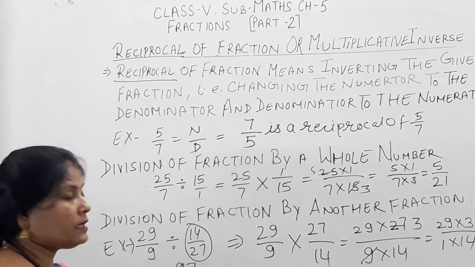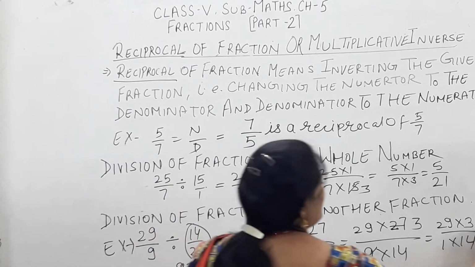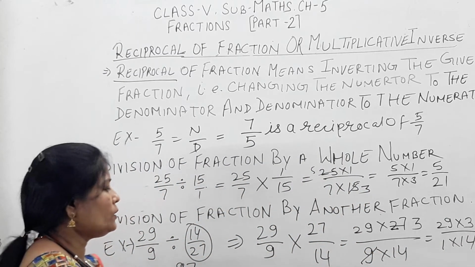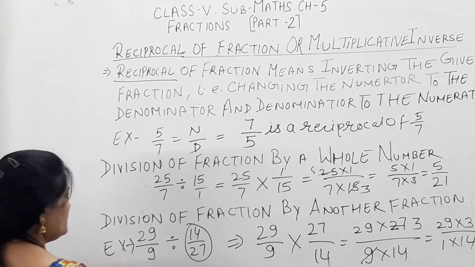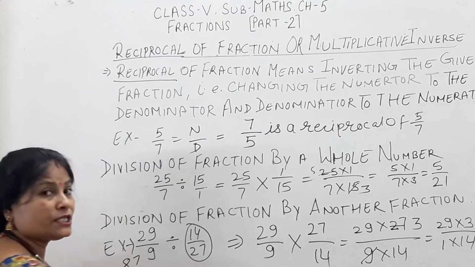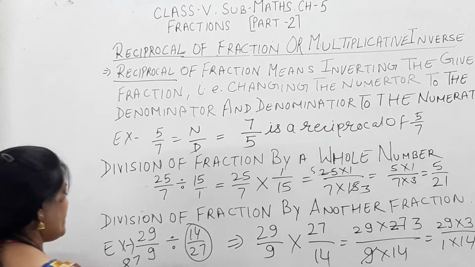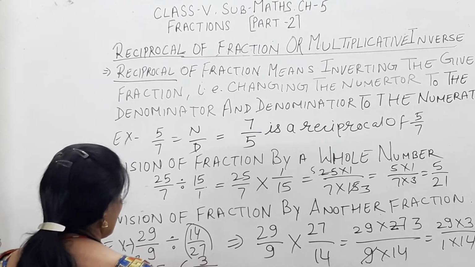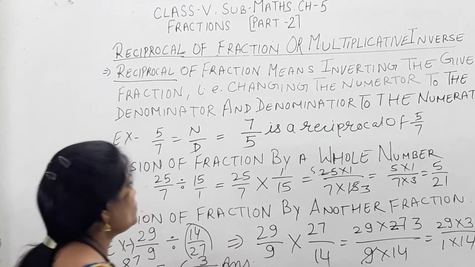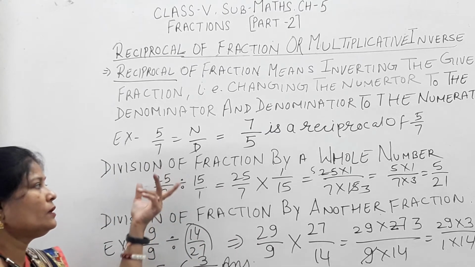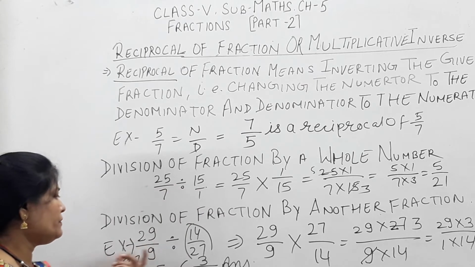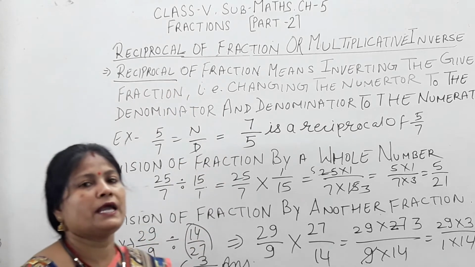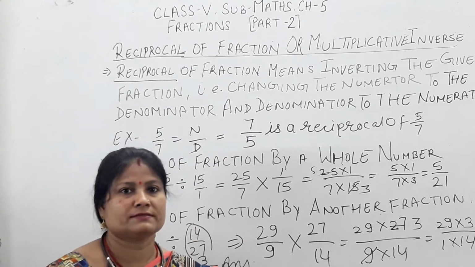Yes children, this is improper. This is 87 upon 14. So how can I convert? Okay, no problem. I have to write down my answer 87 upon 14. Understood? This is improper. So after converting into a mixed fraction my answer is 6 3 upon 14. This is my answer. Understood? So you now know how to do division of a given fraction by a whole number and a given fraction by a fraction. Use the one word reciprocal for multiplying or dividing the two fractions.